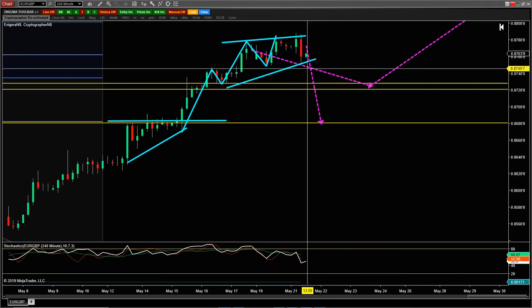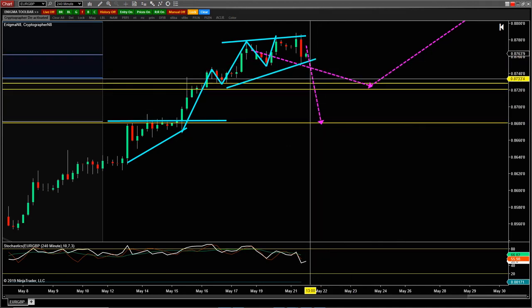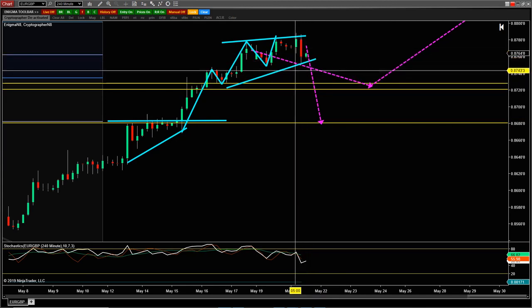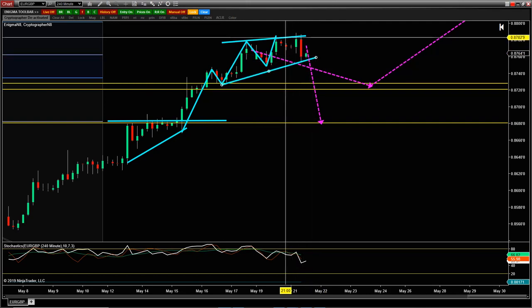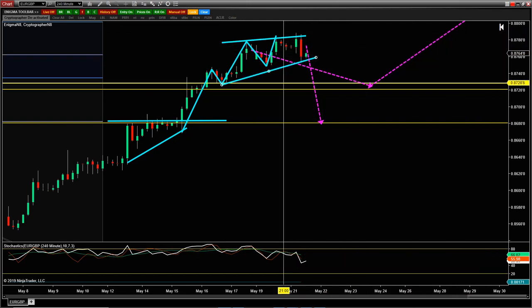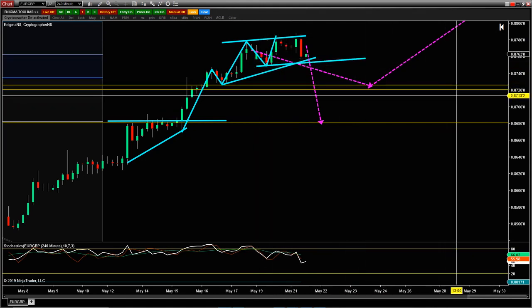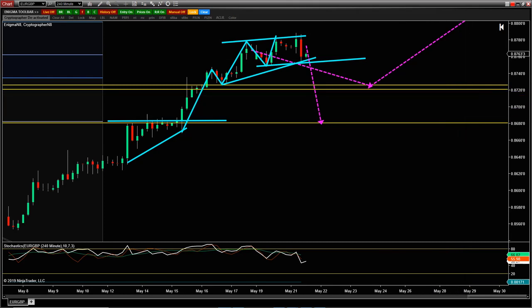You could even play for the break of this as well. If you're a breakout trader, you could play for the breakout of this wedge pattern. Again, you're going to have to connect the dots a little bit based on how you draw trend lines. That's always an interesting feat of drawing trend lines. I'm not a trend line trader, but you can look for the break of that and trade a breakout style too. Let's go down to the 60. Maybe that gives a clearer view here.